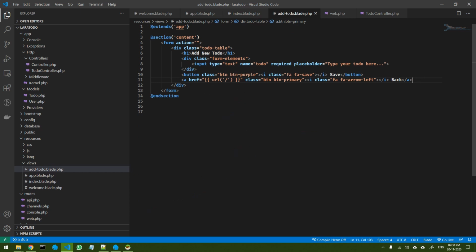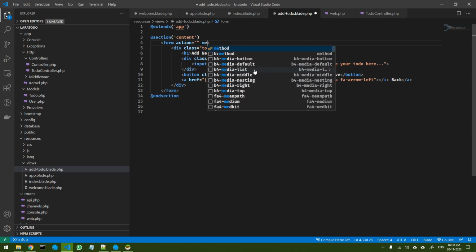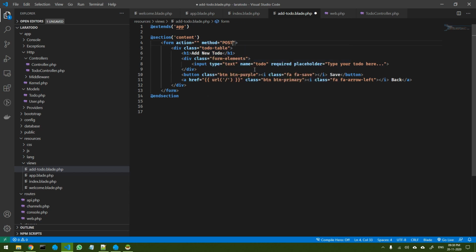Okay, now we want an endpoint where this form will be posted and the database query must be done, right? So for that what you can do is, first of all, you can set the method, so method to post, right? Now then you will need the endpoint, so the endpoint is going to be again a URL,